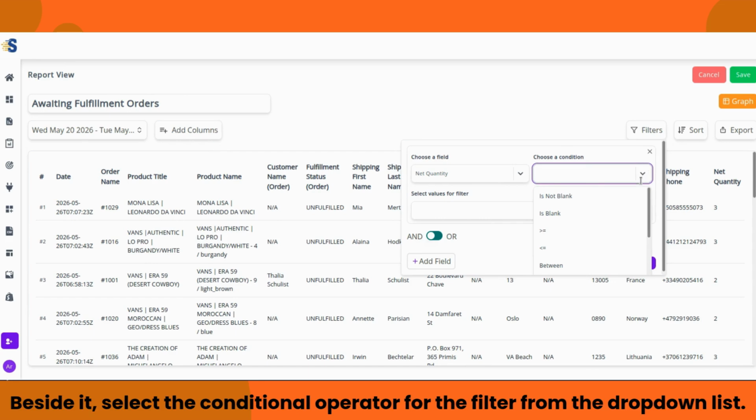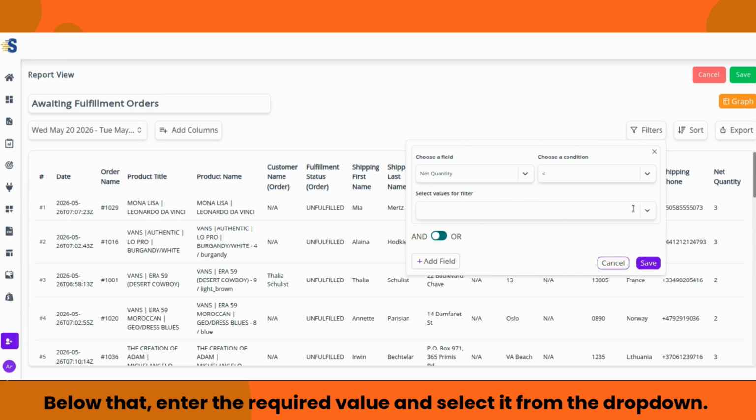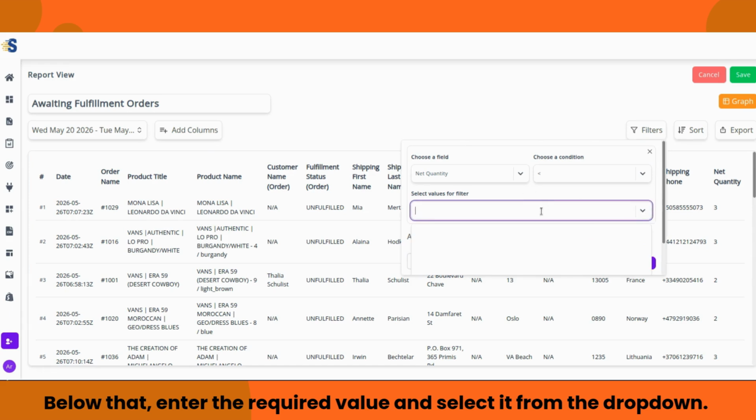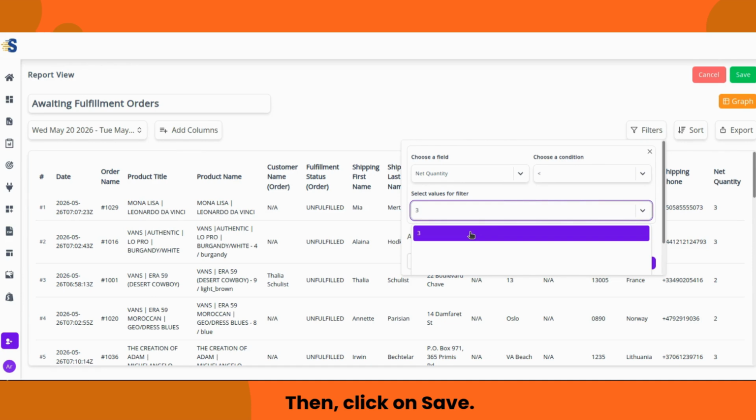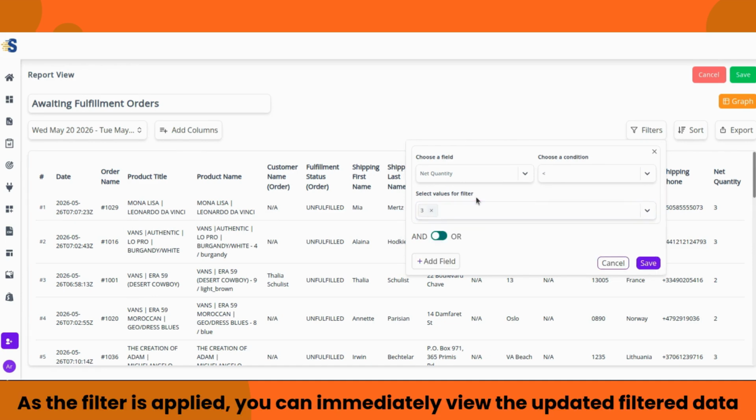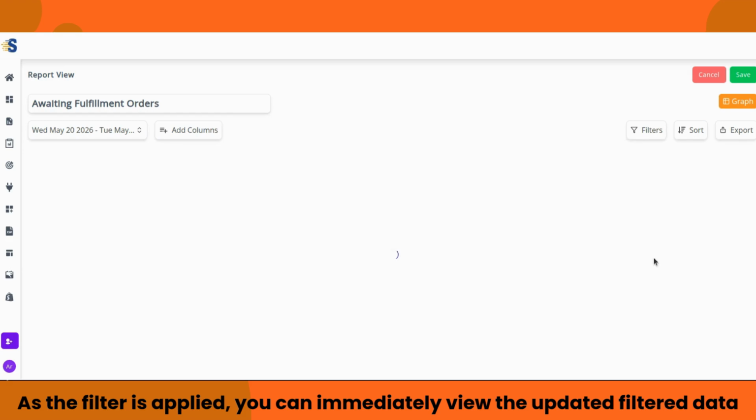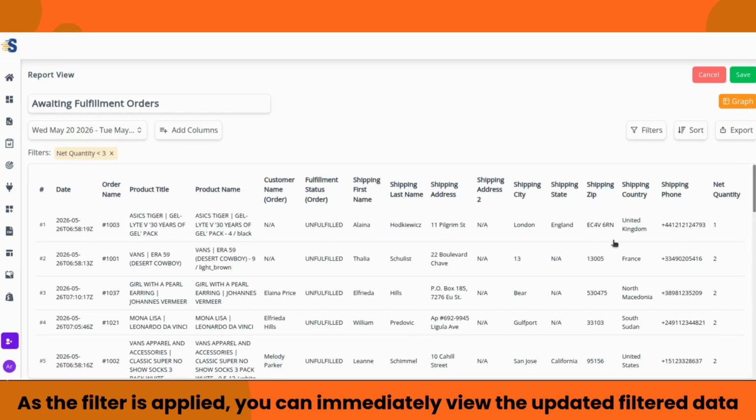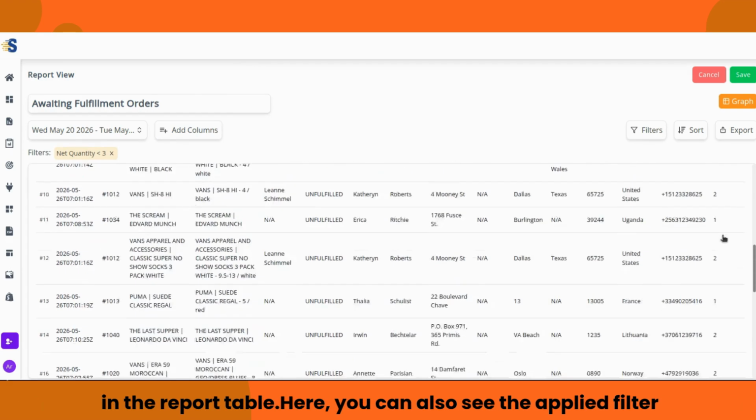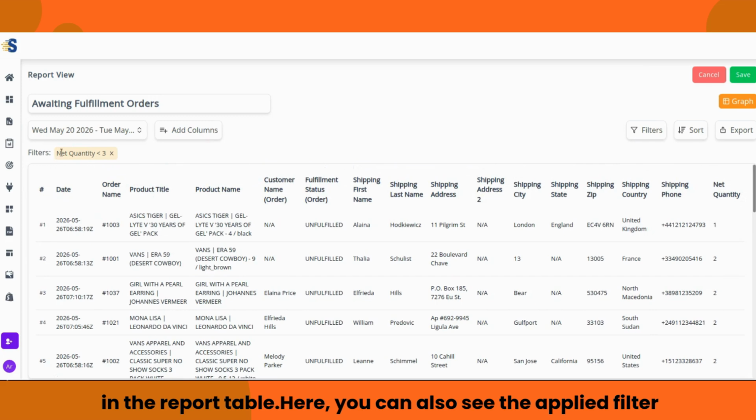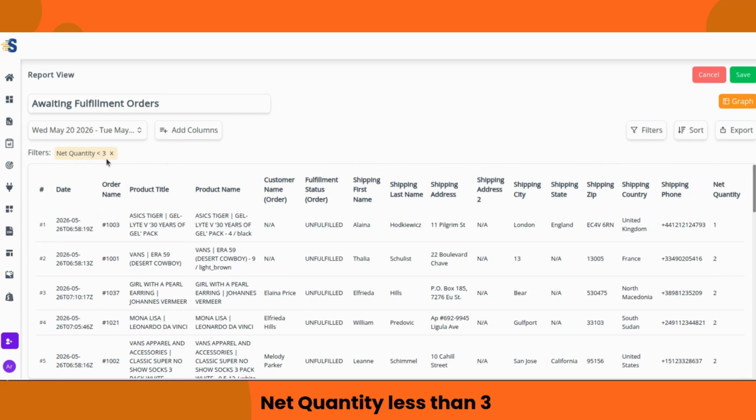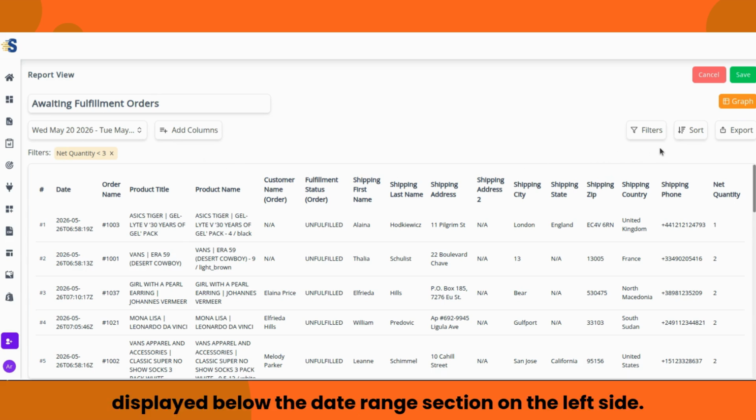Beside it, select the conditional operator for the filter from the drop-down list. Below that, enter the required value and select it from the drop-down. Then, click on Save. As the filter is applied, you can immediately view the updated filtered data in the report table. Here, you can also see the applied filter, Net Quantity Less Than 3, displayed below the Date Range section